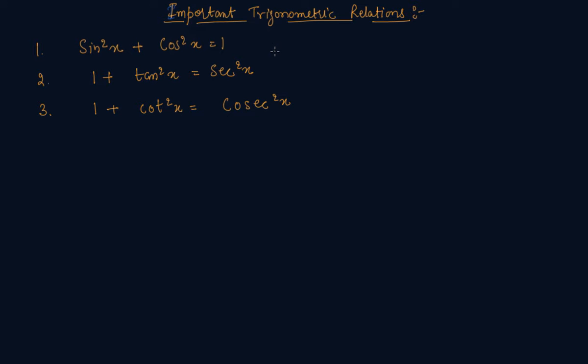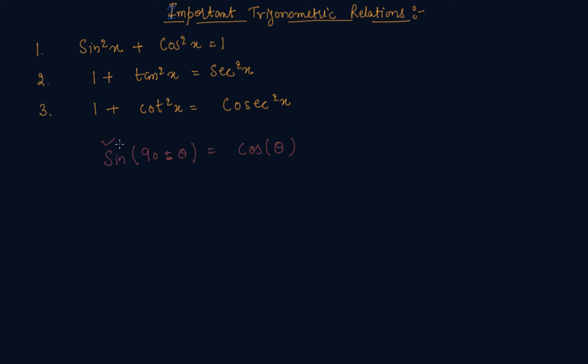earlier classes. Okay, so now I will tell you some more relations, and I hope that these relations also you have studied in your previous classes. So the relation is that sin(90° + θ) will be equal to cos θ. Okay, so let's say it is sin(90 + θ), so this will be equal to cos θ, and